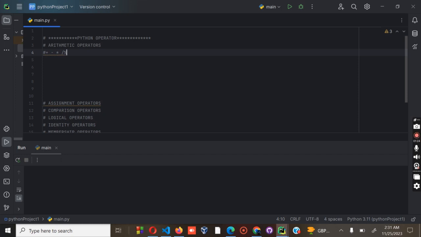And we have exponential, and lastly the floor division. So those are the things that we are supposed to cover on the arithmetic operations. Okay, let's start with the first case. And the first case, we have